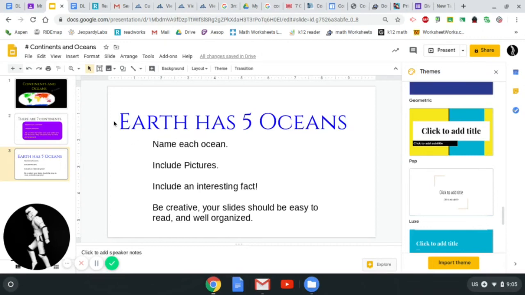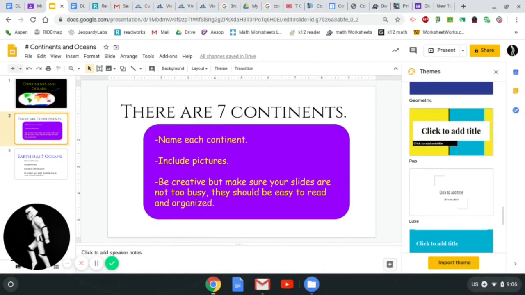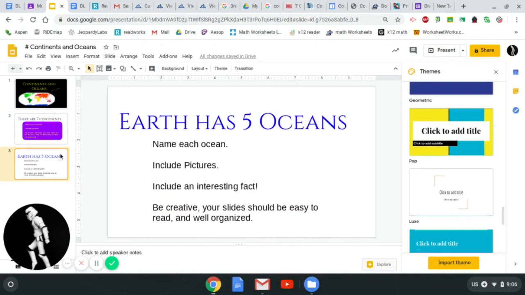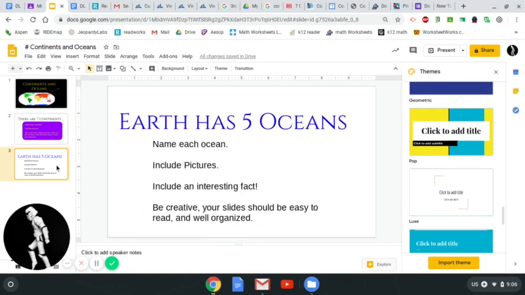All right, so that's what you're going to work at today. You're going to start a continents and oceans Google slide. You're going to work on your first 3 slides, your title slide, your 7 continent slide, and your ocean slide. Your ocean slide and your 7 continent slide are very similar. Because this has 7 continents, and I'm asking you to include some pictures and be creative, I expect you to use some pictures and be creative and name all 7 continents. And on this one, I asked you to name the 5 oceans, include some pictures, be creative, and add an